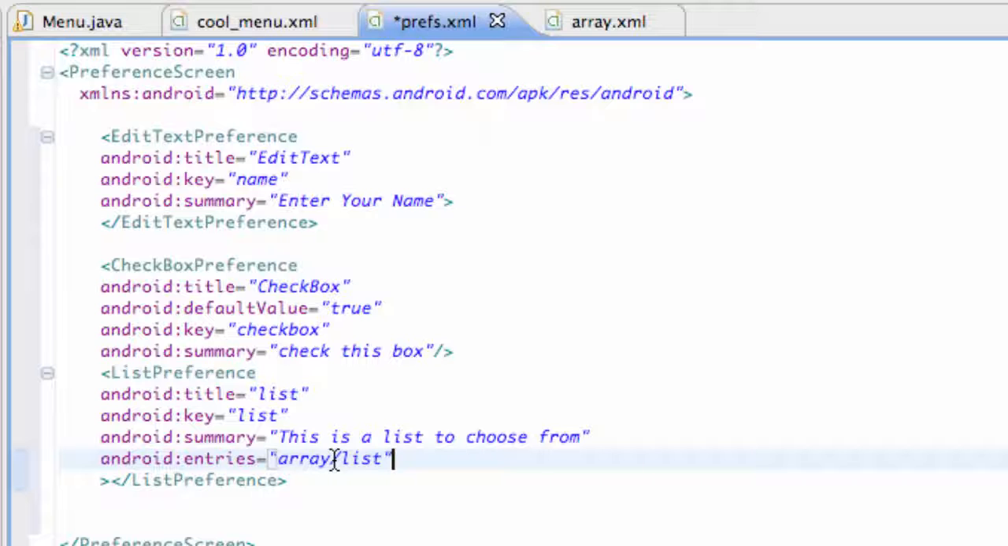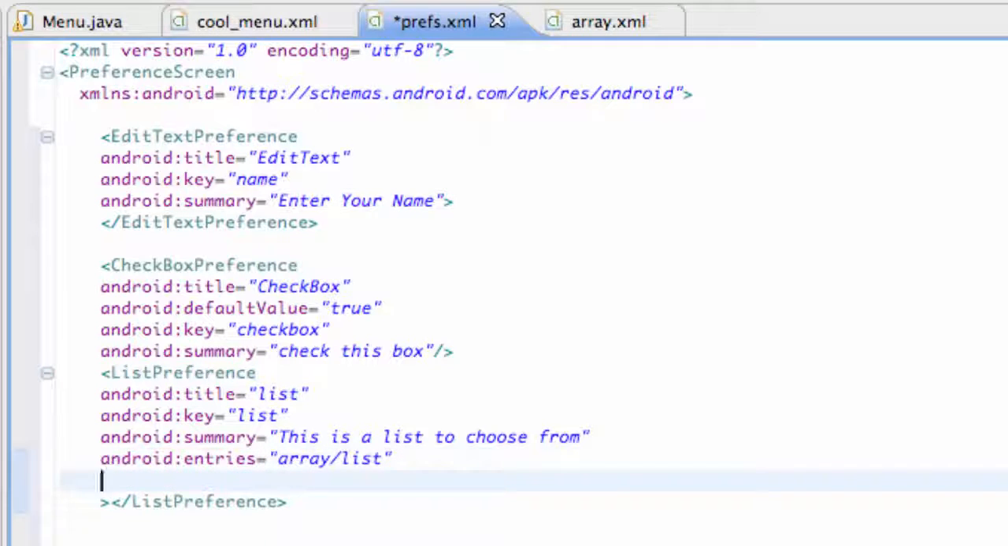So let's say we want one of those items to be checked to start with, and what we're going to do is set up something that's going to refer to the list values for the most part. So we're going to set up something else called android:entryValues, again this is within our list preference, and we're going to say, again, refer to another array. So we're going to say @array/lvalues or something like that, or L values,